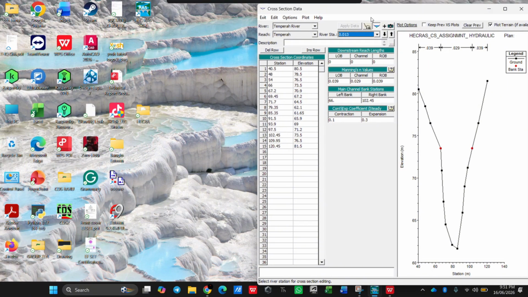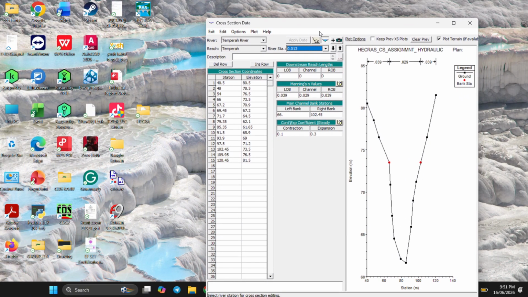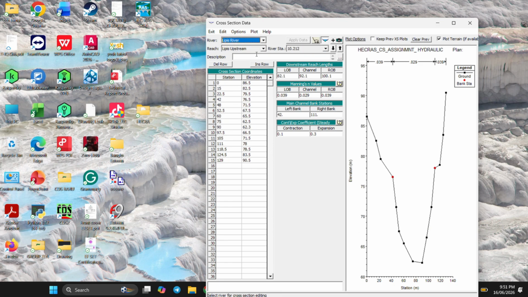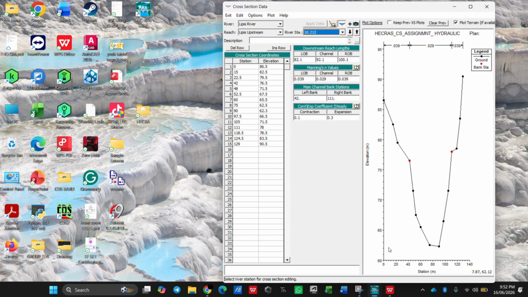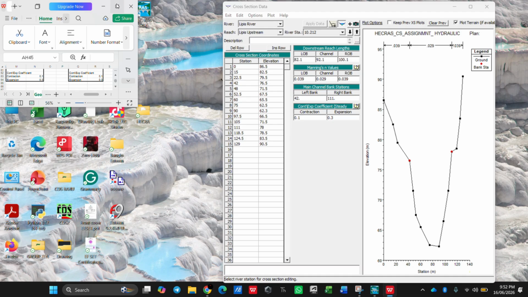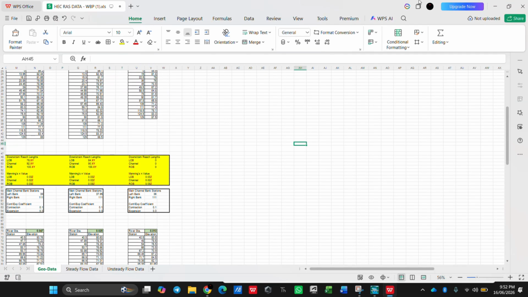Okay, after I have inserted all the data, all the values, as you can see, let's go for Lipis River first. For Lipis River, for Lipis upstream, I have inserted all the stations and these are the elevations, and I have inserted the left bank, the right bank, the Manning's value and the downstream reach length. And I have inserted according to this Excel file, and